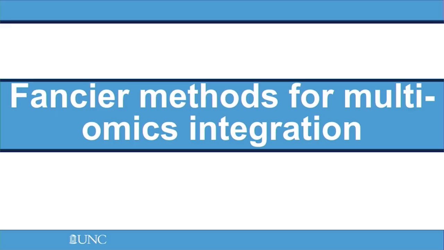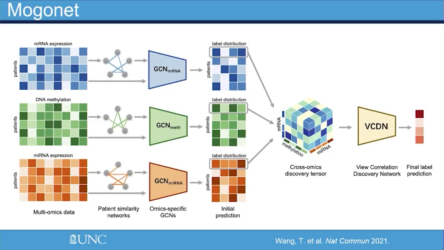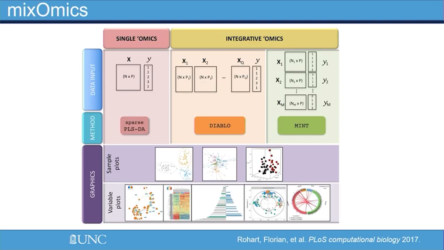There are many, many fancier methods for multi-omics integration. You see probably more methods than their real data applications nowadays. I just highlighted some. This MOGONET, published almost 5 years ago, is a graph convolutional network with view correlation, all those fancy deep learning methods. And this one, many of you probably have used, at least this version, a particular implementation